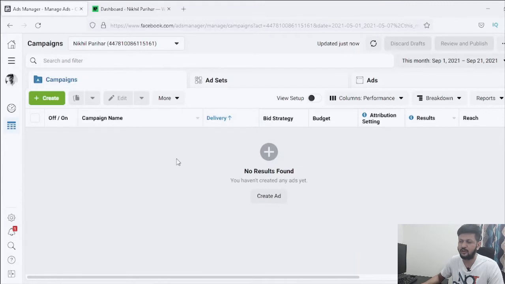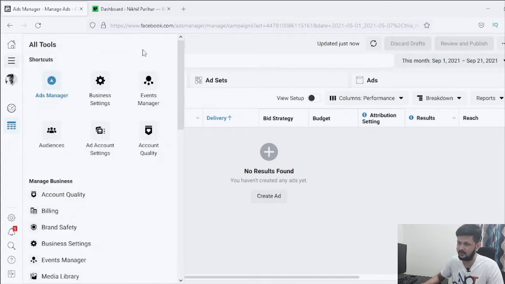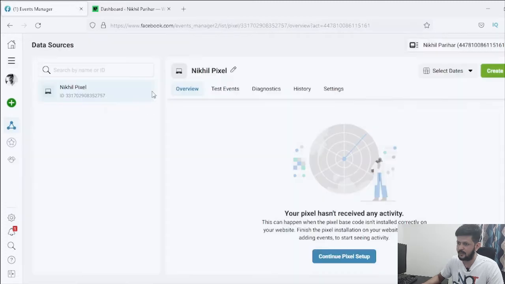So when you're on your Facebook ads manager, you know how to get here. You just need to go to facebook.com/adsmanager. When you're here, you just need to click on these three lines here, and go to events manager, right? Since this is a very fresh account, it'll ask you to set up the pixel first.